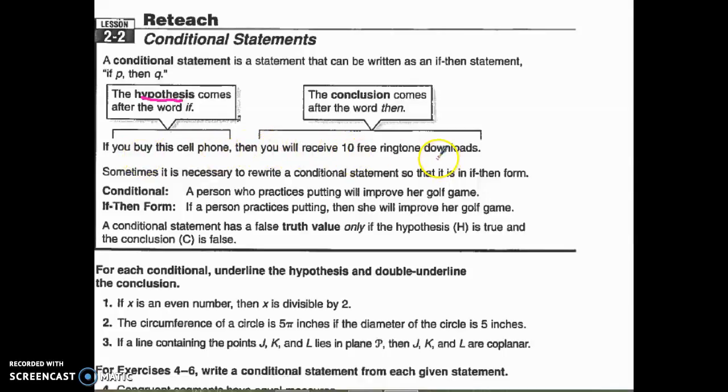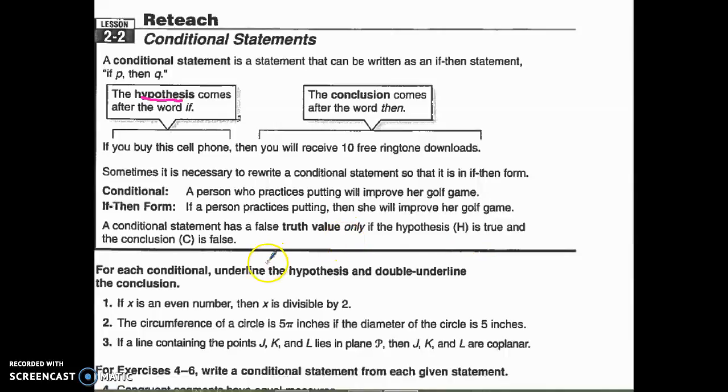then you will receive 10 free ringtone downloads. Sometimes you need to rewrite your conditional statement so that it's in if-then form. So if you have a problem that says a person who practices putting will improve her golf game, you can write it as an if-then conditional statement by saying if a person practices putting, then she will improve her golf game. A conditional statement has a false truth value only if the hypothesis, the H part, is true and the